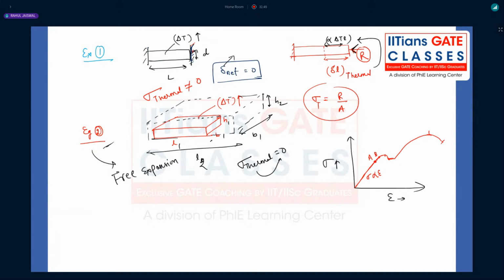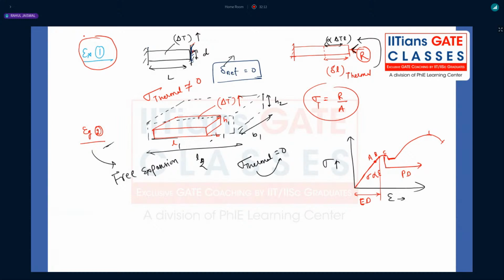Then we'll have the yield point, C point. Then from here, this is nothing but plastic deformation. So till this particular part, till B, whatever we are learning, that is the elastic deformations, right? For the elastic bodies. I have explained to you, right, in example number 1,